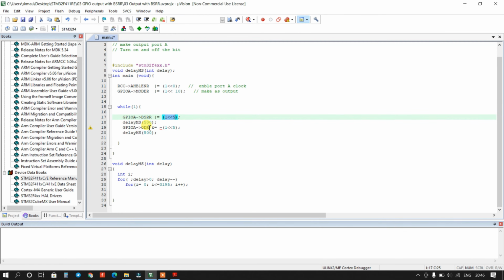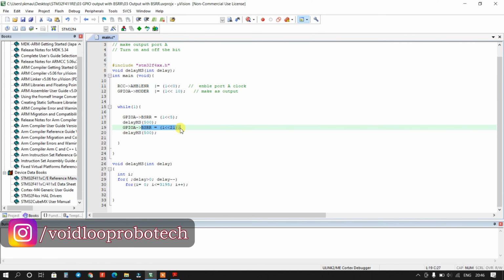So edit this BSRR and here type 21st, and we do not need to negate this, and here we do not need to OR, because if it is OR, then this bit will also be enabled and this bit will also be enabled simultaneously. So we do not need OR logic and AND logic. Okay, so just keep the assignment symbol.